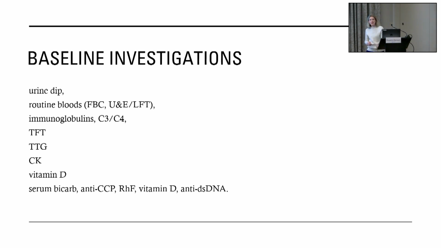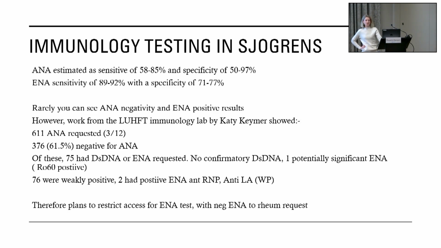The bicarb is because they can get a tubular interstitial nephritis and acute tubular nephropathy with Sjögren's, and you can see abnormalities in the bicarb as part of that. So it's part of the guidelines, so just to be thinking about it, but that's more of a secondary care thing,